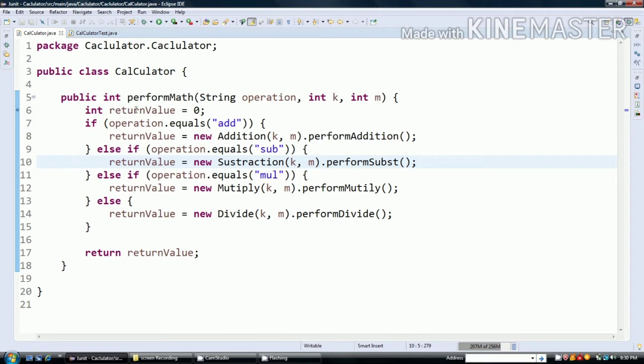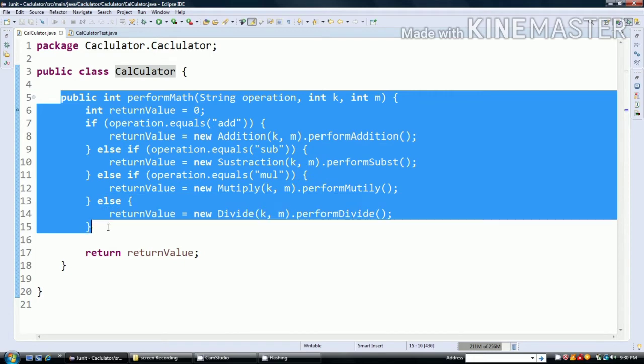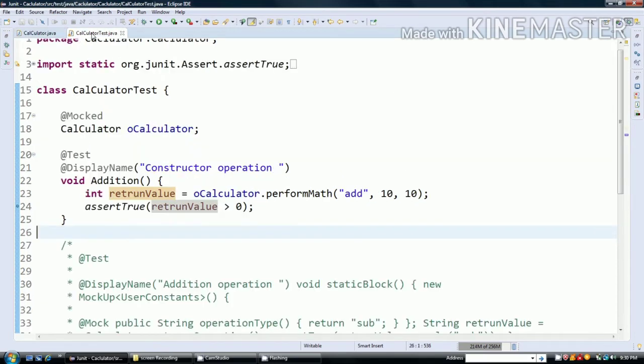Hope you are aware of the Calculator class. If you are not, you can revisit my previous sessions where I explained it in detail. I am going to use this Calculator class to explain the expectation block as well as delegation. This is the logic I am going to show you. Presently, we are going to perform the operation on the add functionality.